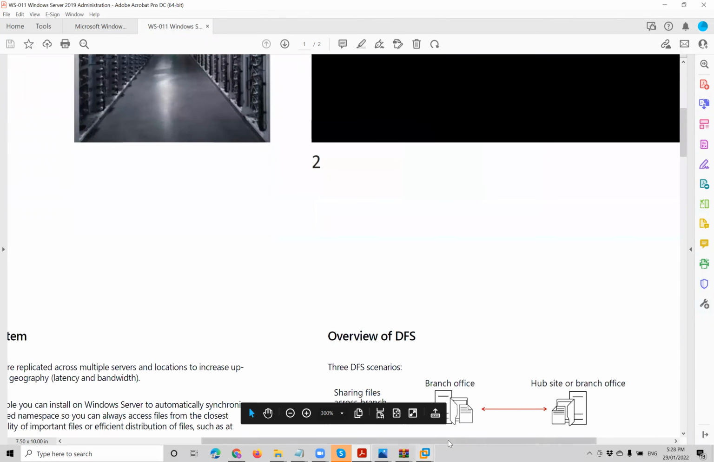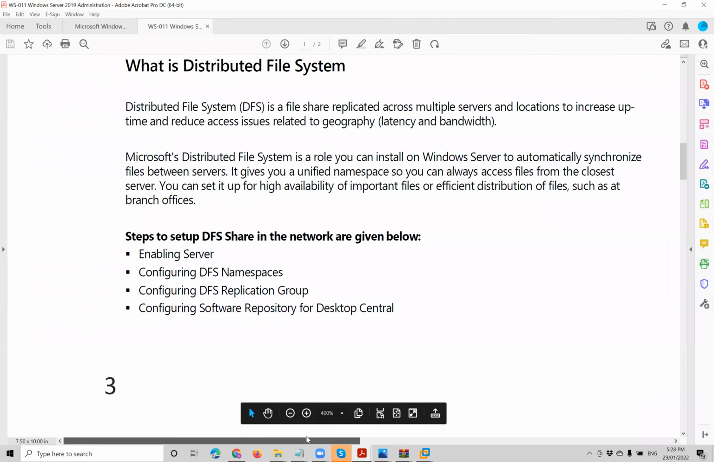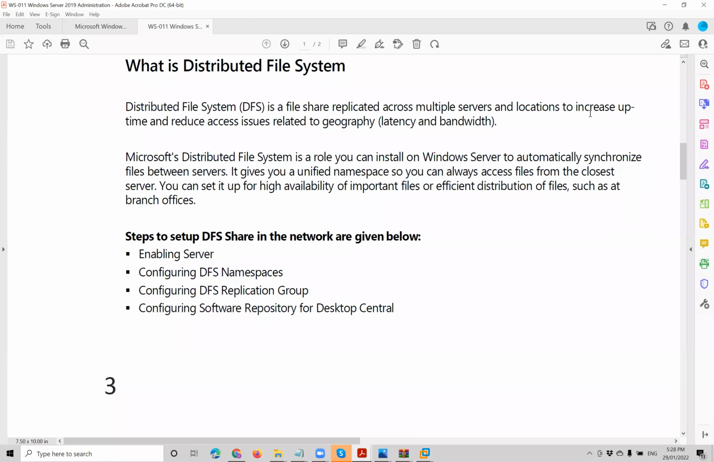DFS stands for Distributed File System. So what is DFS? DFS is a file share replicated across multiple servers and locations to increase uptime and reduce access issues related to geography, such as latency, no, yung mabagal, and small bandwidth. Limited yung connectivity. So Microsoft DFS is a role which you can install on a server to auto-synchronize files between different